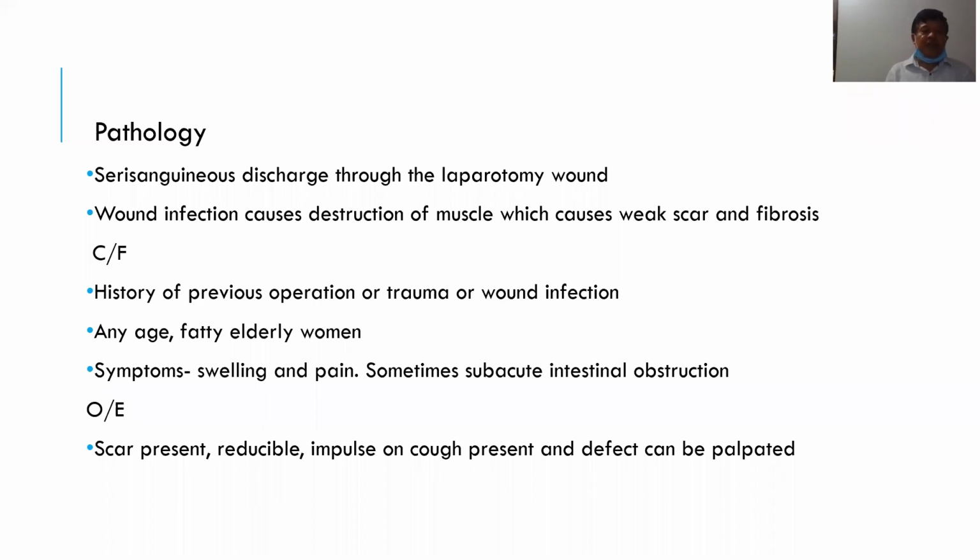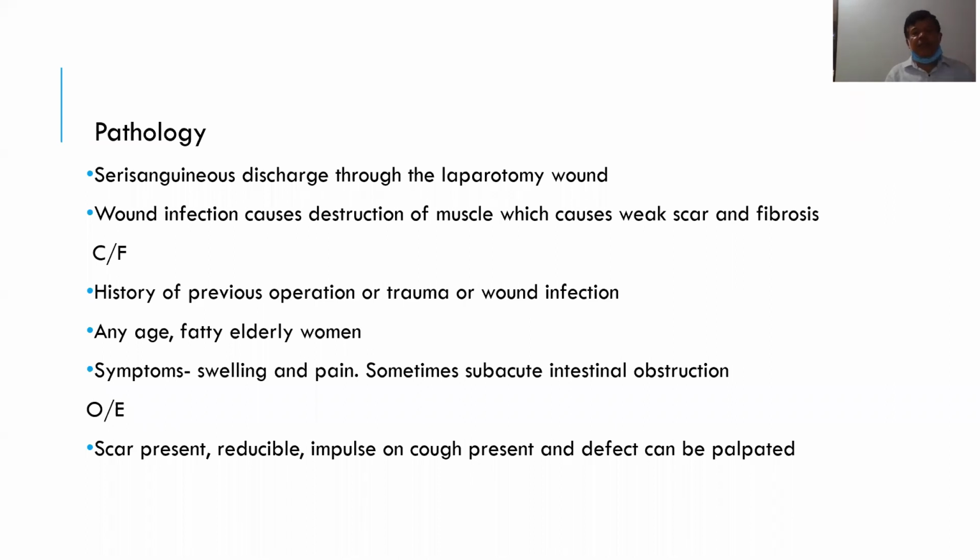And usually, these incisional hernias are less prone to develop obstruction or strangulation because of the wide neck. Usually, the defect is wide. But sometimes, otherwise, most of the wound is healthy, but in a small part there may be a defect through which a hernia may develop. In that case, there may be signs of obstruction or signs of strangulation.